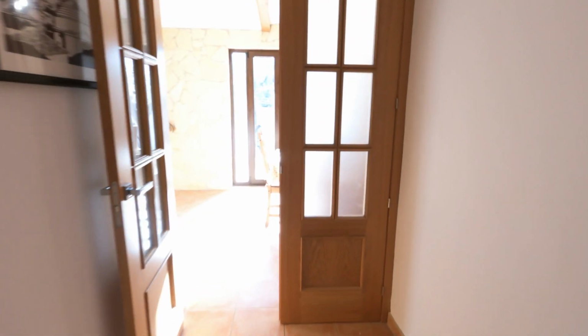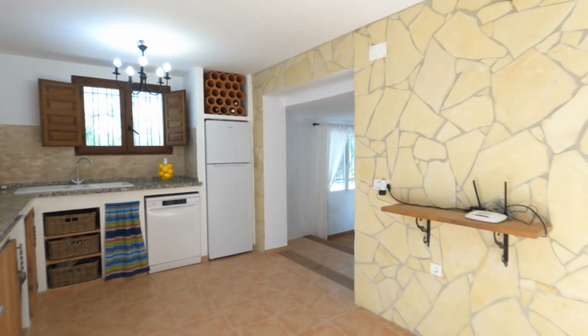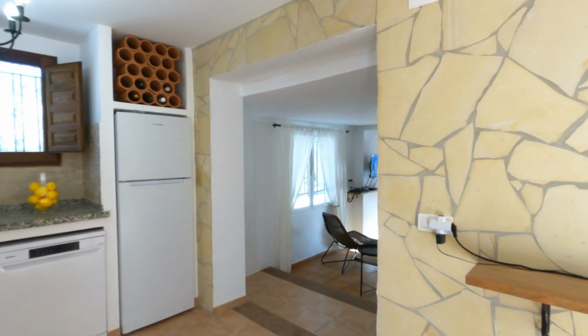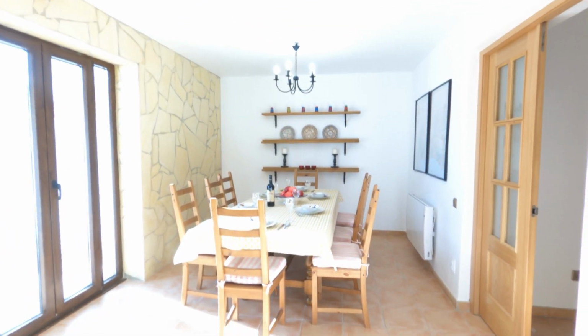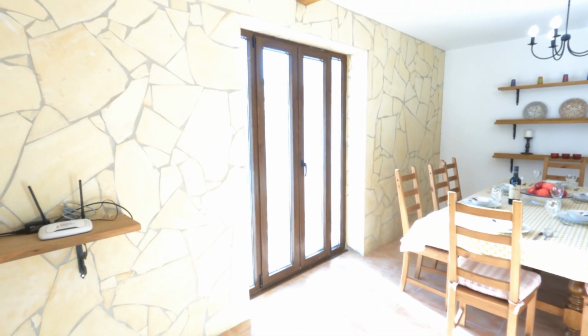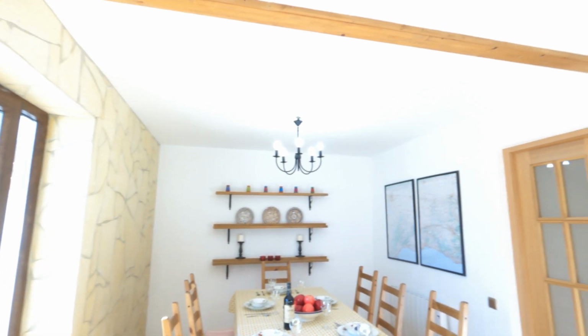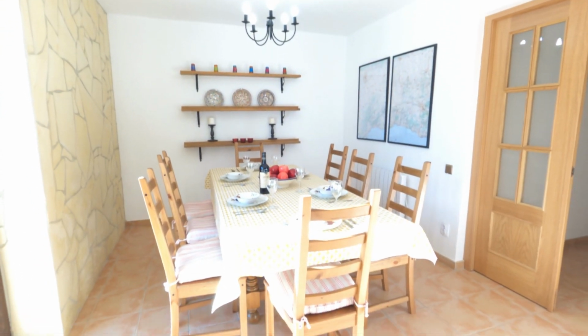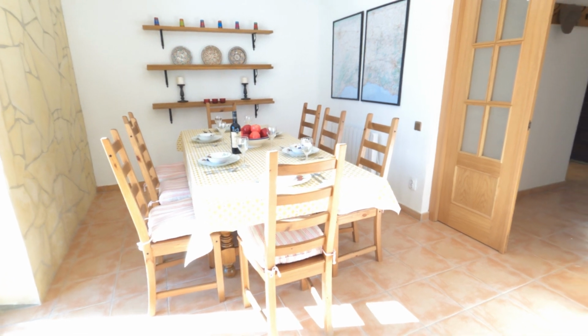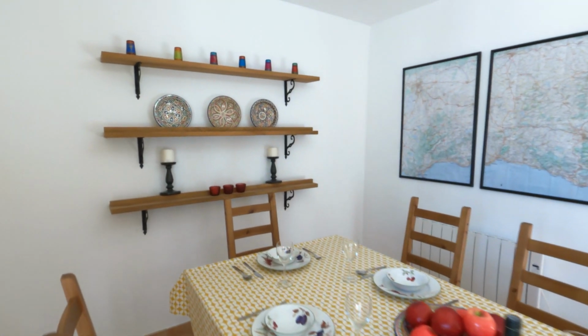Coming through the entrance passage now into the ground floor living room. It's actually 6:45 on an early April morning, and the sun is absolutely streaming from the back of the property at the moment. So at this end of the room, double glazed, double doors there opening out onto the patio. Apologise if this is really bright, but we have a large dining table here, big enough for 8 people. You see it's currently set for 6,